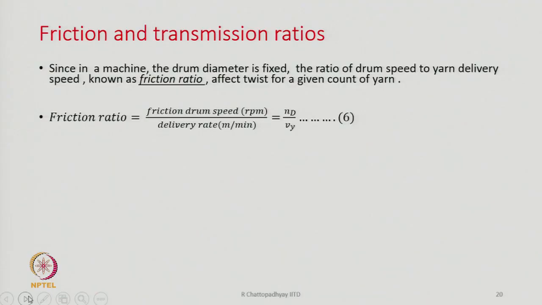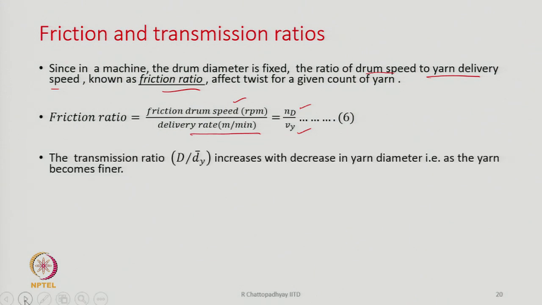Friction and transmission ratios. We generally talk about friction ratio. Since in the machine the drum diameter is fixed, the ratio of drum speed to yarn delivery speed is known as friction ratio. So, friction ratio is friction drum speed by delivery rate. This is N_d by V_y, that is called the friction ratio,